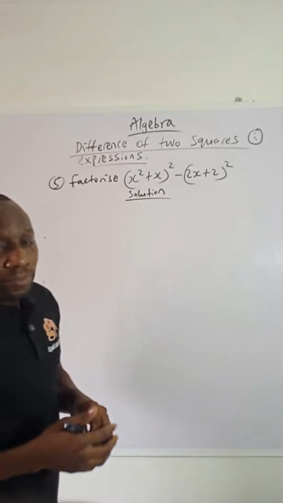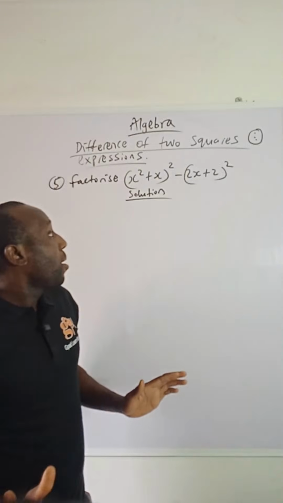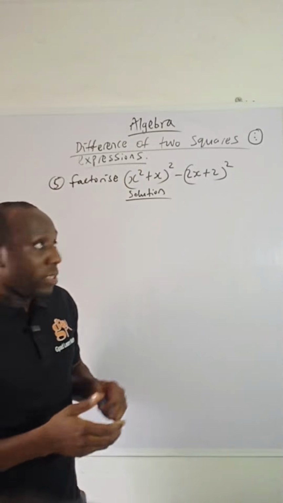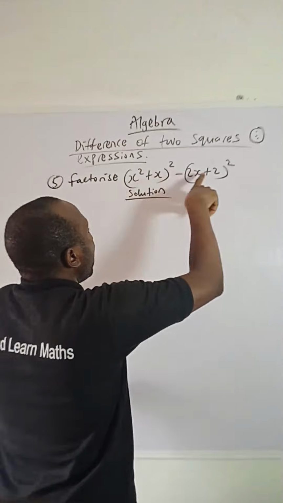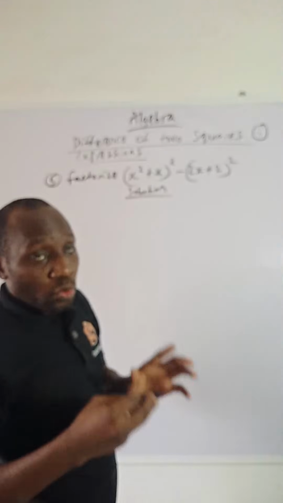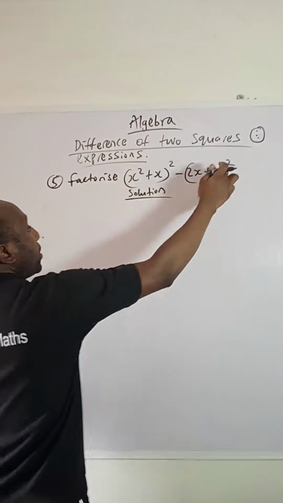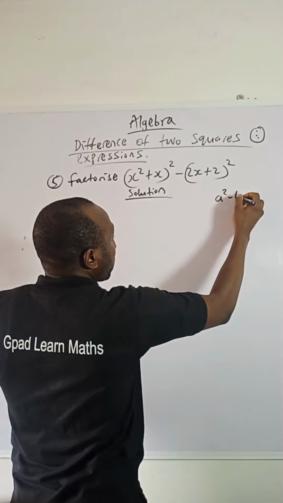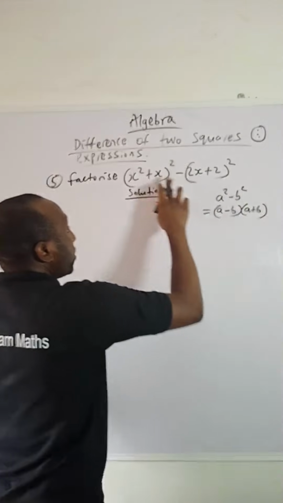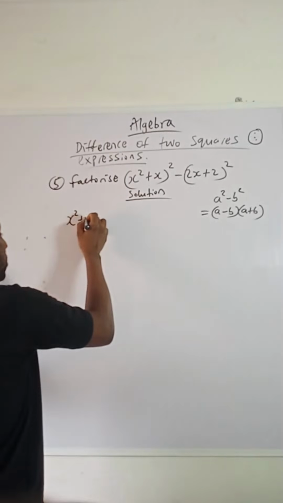So again, if you choose not to use difference of two squares, it's fine. But I think using difference of two squares is going to be a lot easier for you than expanding this differently, and then combining everything. So let's just use difference of two squares. So take this as a squared, this as b squared. You know, when you have a squared minus b squared, it's going to be what? A minus b in bracket, and then what? A plus b. So that's exactly how you should take this and take this. So it's going to be what? X squared plus x